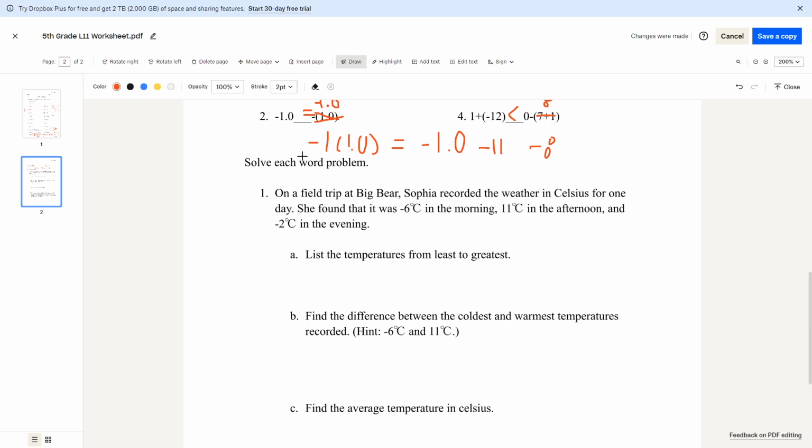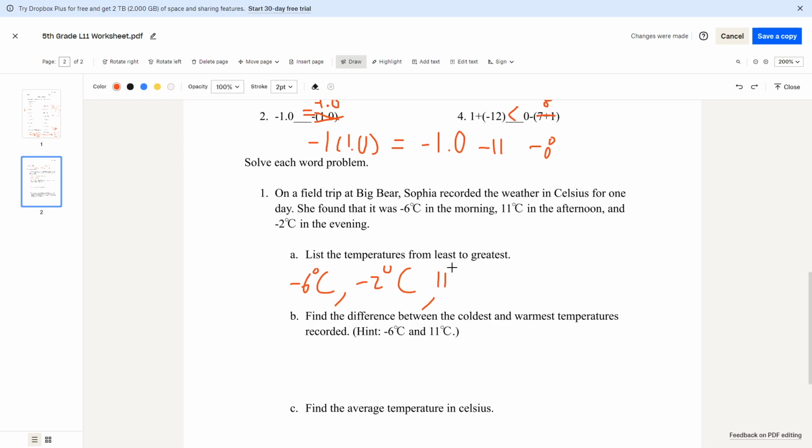Solve each word problem. On a field trip at Big Bear, Sophia recorded the weather in Celsius for one day. She found that it was negative 6 Celsius in the morning, 11 Celsius in the afternoon, and negative 2 Celsius in the evening. List the temperatures from least to greatest. Least temperature would be negative 6 C, then negative 2 C, then 11 C,